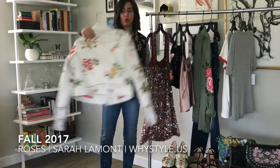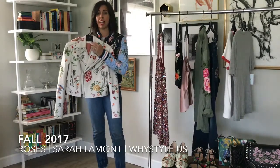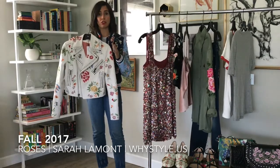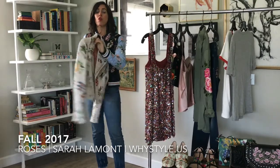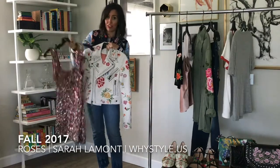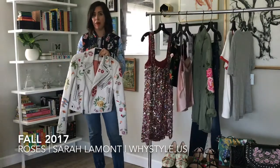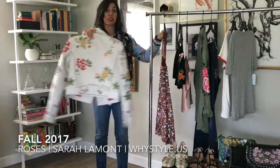I wanted to start with this trend by showing you one of my favorite pieces actually from spring season. So this is an Alice & Olivia spring white leather moto jacket that could most certainly transition into fall if you wore it back to a cozy cable knit sweater or a metallic dress, say like this fun party dress we talked about in the Futurama little trend we just discussed. You also could wear it back to head to toe black and let the white pop. So I love that this trend stays current from spring into fall